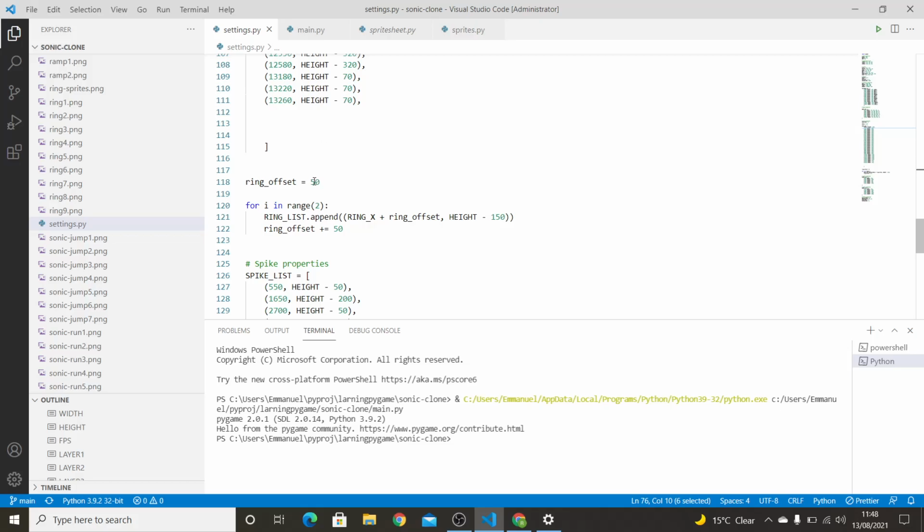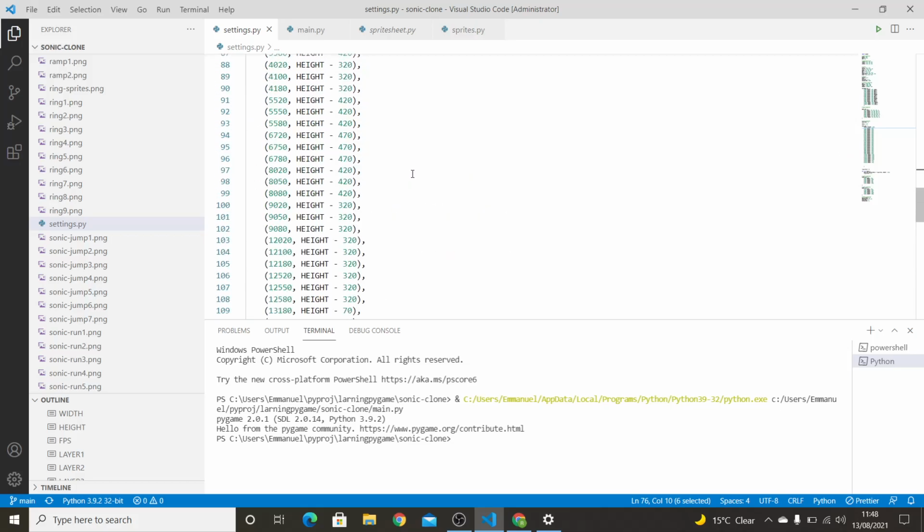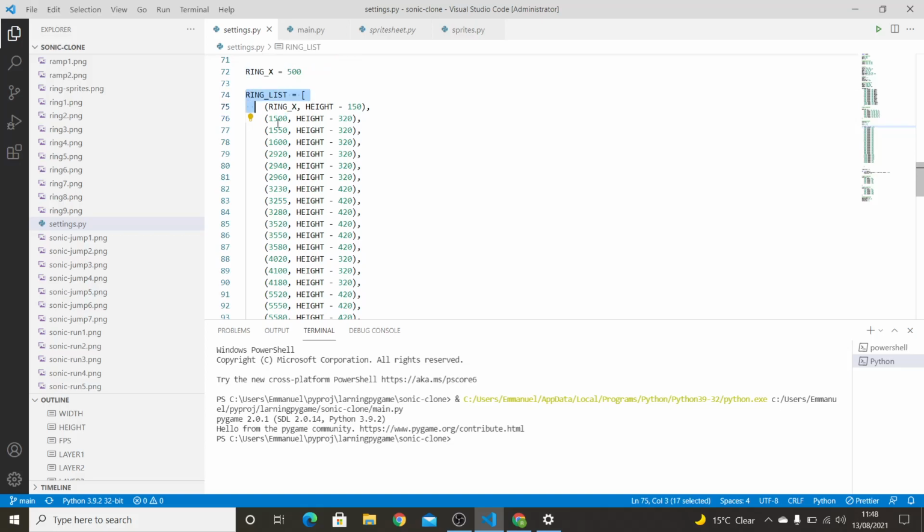And I tried to figure out some sort of way, if you're following my cursor here where it says ring offset, so that when every ring is generated, it offsets the next ring's position by at least 50 pixels. I wanted to dynamically generate a set of 3 rings, because you know how in the original Sonic there are literally 3 rings in different places. Obviously that didn't work out, so I had to just write a complete list,